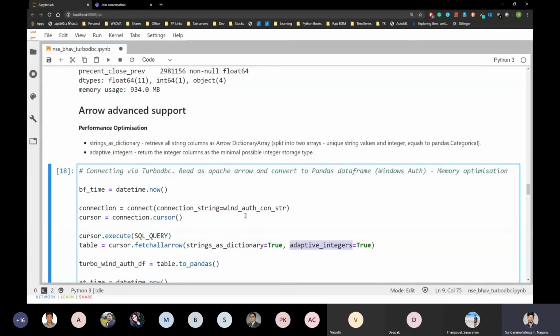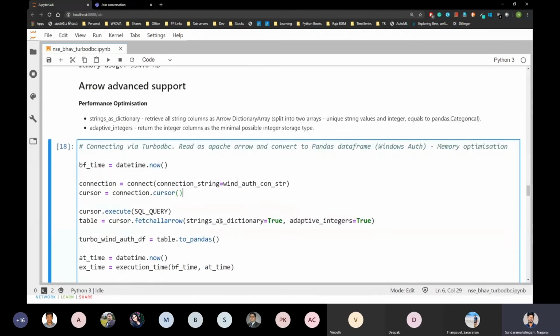In pandas, we call that a categorical variable, where it shows the string values, but in the backend or in the memory, it stores an integer value. It stores a sequence number, which is mapped to your categories.